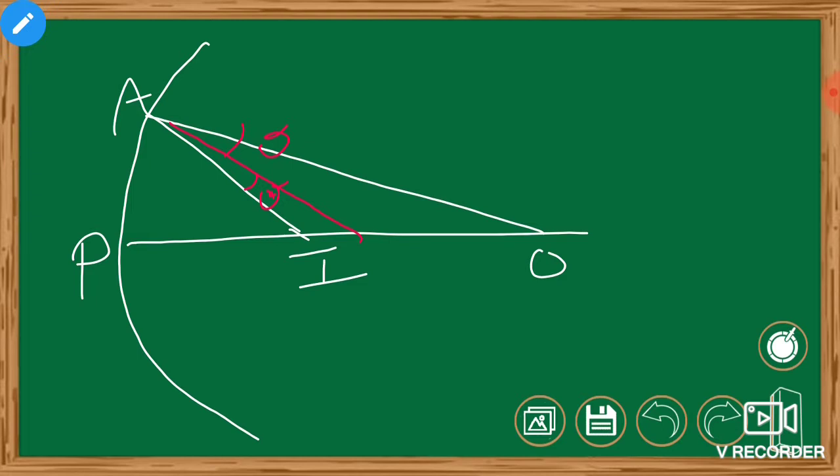Then obviously we can find out that this point A is at a height of h from the principal axis. Height is always represented with the y-axis. So this point A is at a height of h from the principal axis. So let us draw an imaginary line from A to the principal axis, which is perpendicular to the principal axis, to represent the height h here. Okay, this is the complete diagram now.